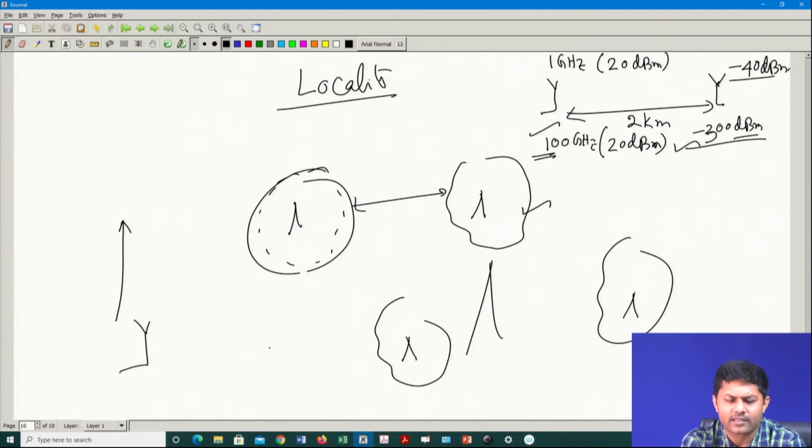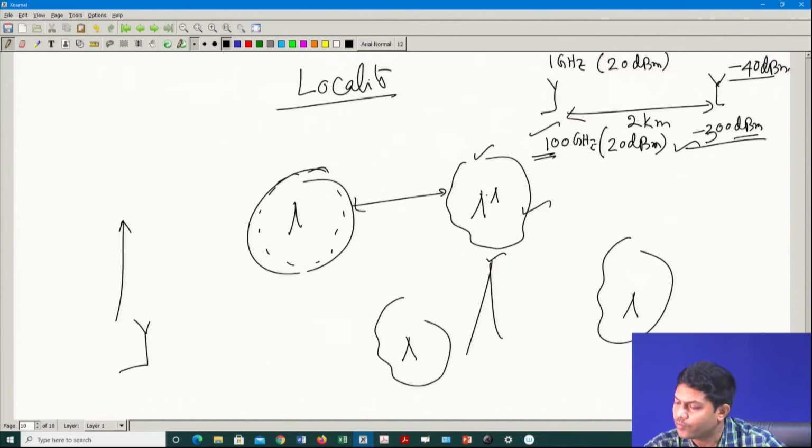Or you have a small cluster where there are some 30-40 houses, within a sphere of, say, 50 meters or 100 meters. I want to serve that locally. I do not have to go for a higher RF. Why not? Because if I go for a higher RF and this is the only locality existing there, I either have to transmit a small power or go for a higher RF and just have a small base station here.